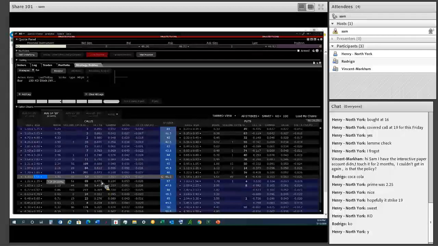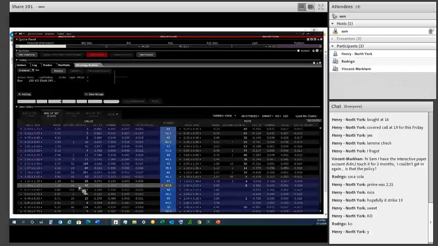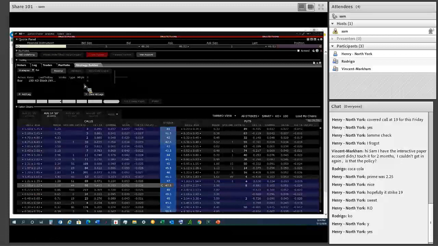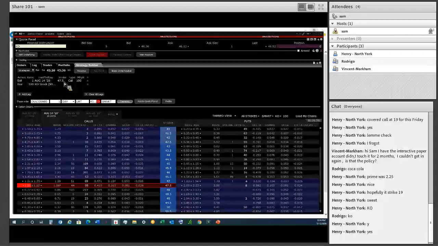Okay, so we're going to add the stock, 100 shares, and we're looking for the 40 delta for the call. The closest one to 40 is the 47.5. Everybody see that? 47.50 is the 40 delta, closest to 40. So we're going to sell that. Okay, so we sold it. We're buying 100 shares at around 46.50. We're selling the 47.50s. It's bringing us $1.